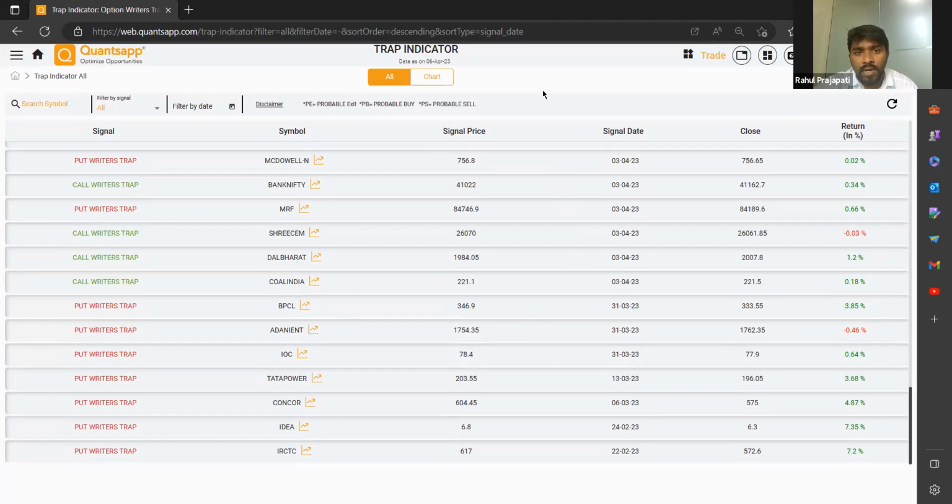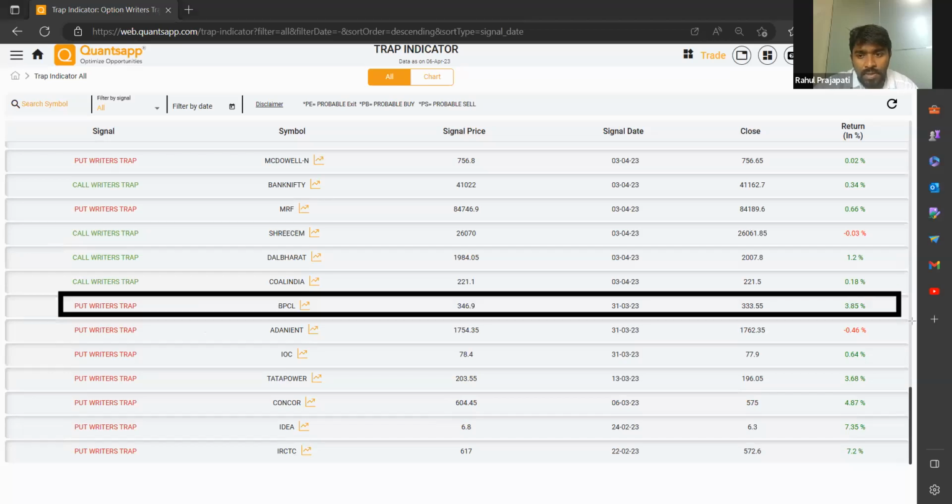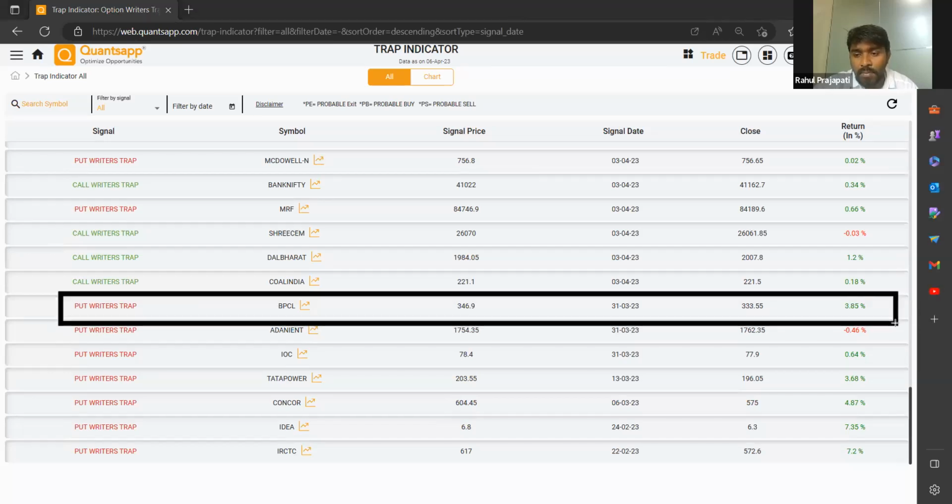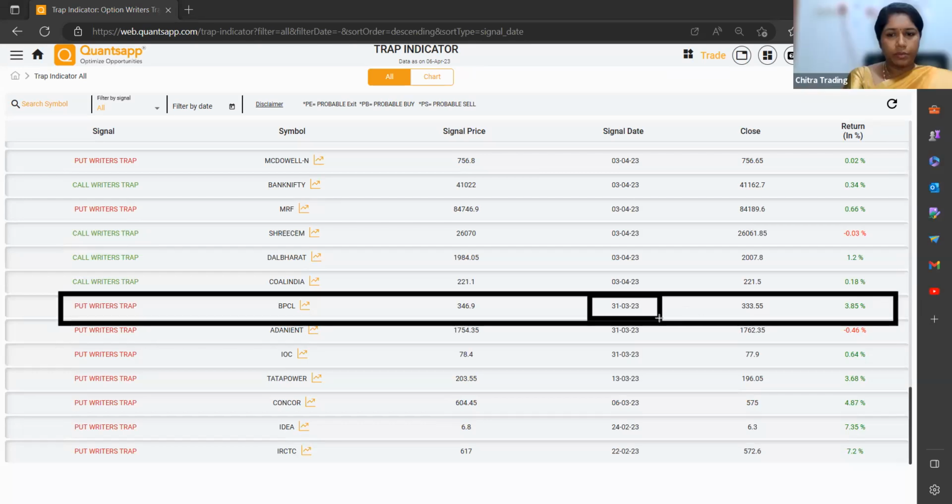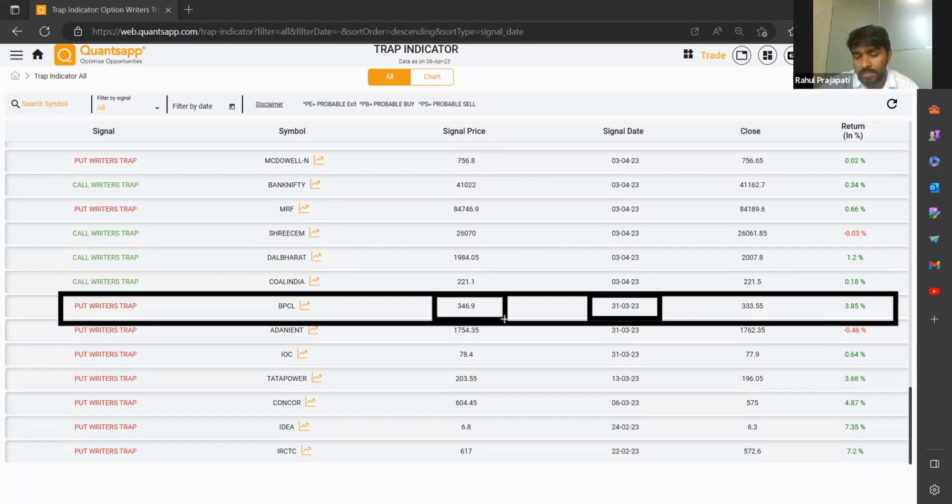I'm not saying the trade doesn't go wrong in this. If you see here, BPCL, this example. This trade actually came on 31st. On 31st, it said that there's a put writing trap happening in BPCL, and the signal price was 346.9. The signal suggested that as soon as the market opens the next day, we go short on